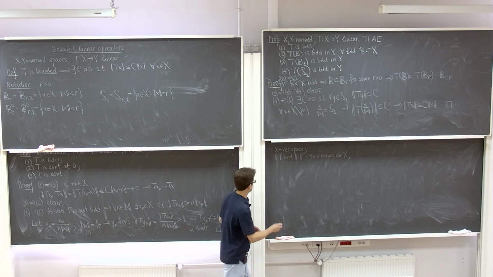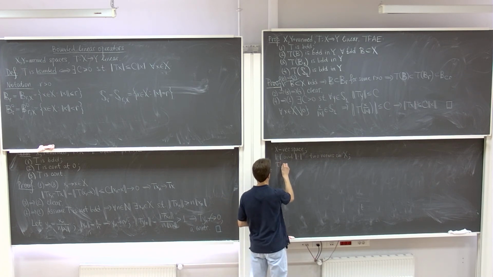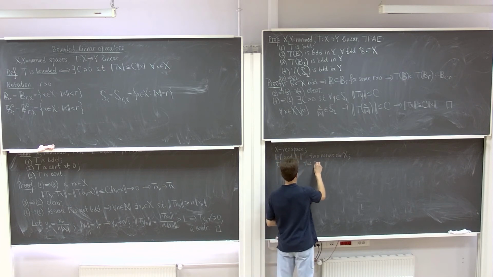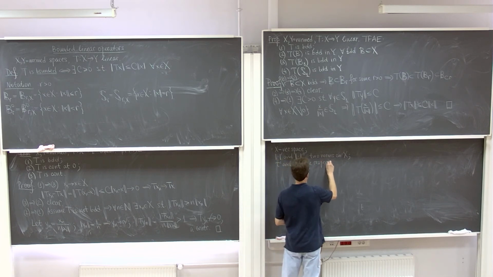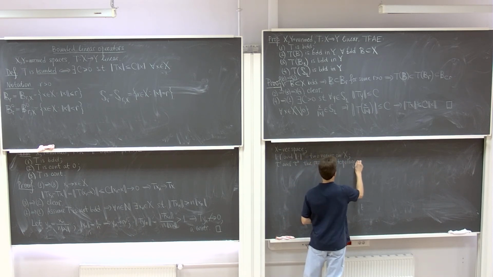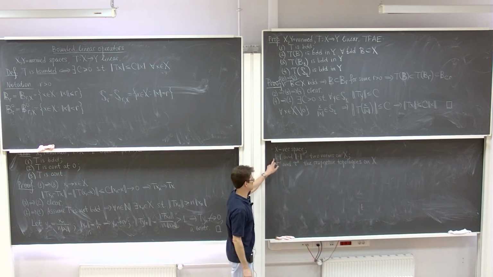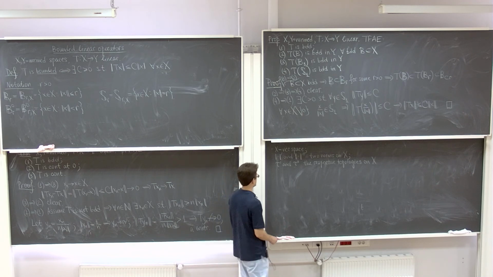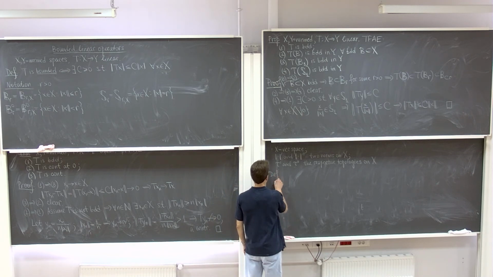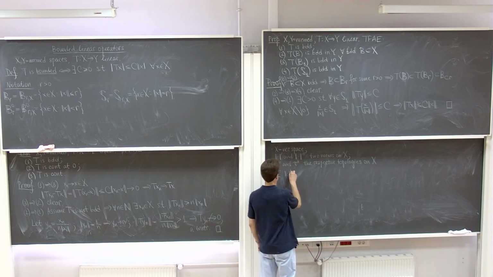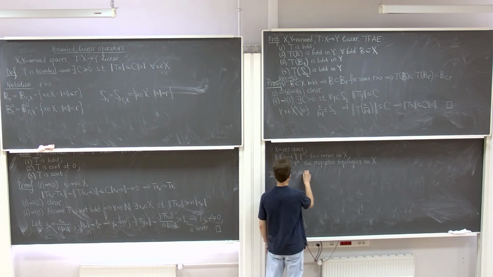And let's denote by tau prime and tau double prime the respective topologies on X. I mean that tau prime is determined by the first norm and tau double prime is determined by the second norm. We give the following definition. We say that the first norm is dominated by the second norm